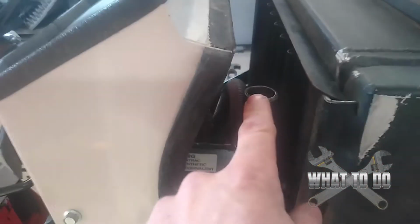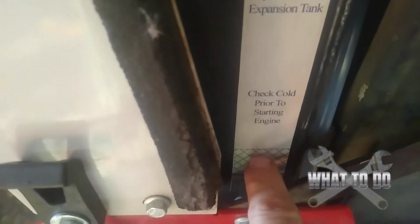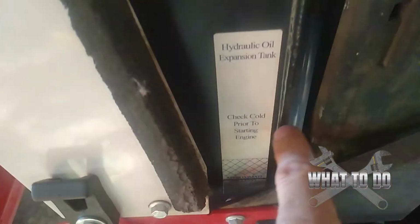Okay, and don't drop the nut like that. So this is where you'll fill it. Now, if you look on the side, you'll have this sticker here, which tells you where to fill it to. Now, it's kind of hard to see down in there, so what they have here is